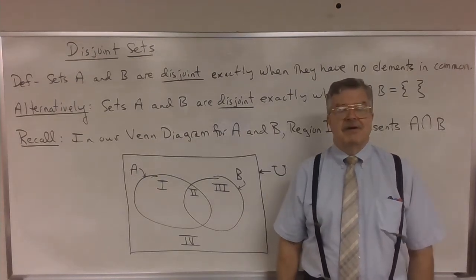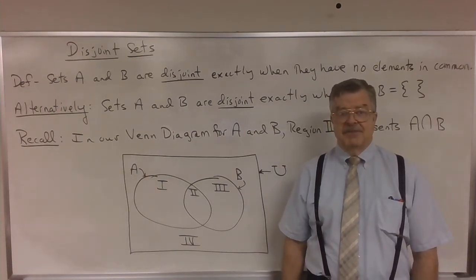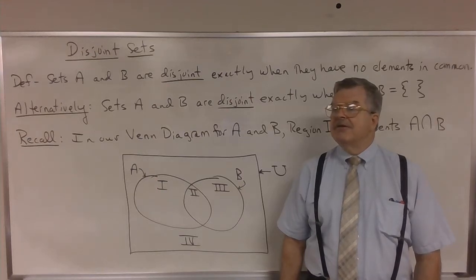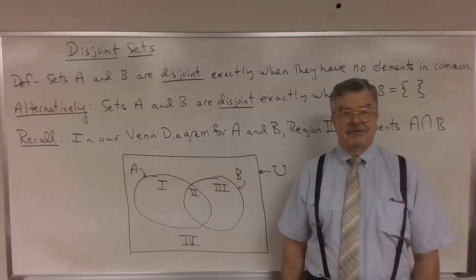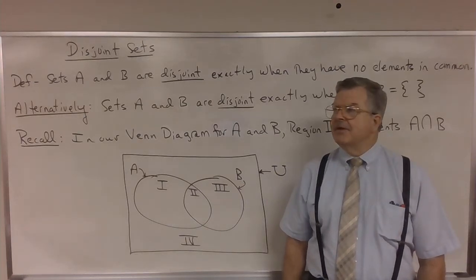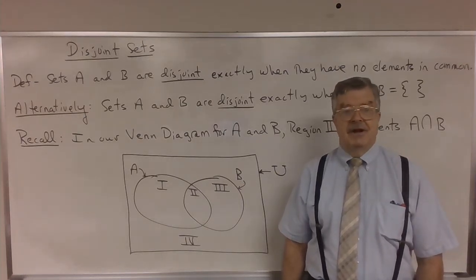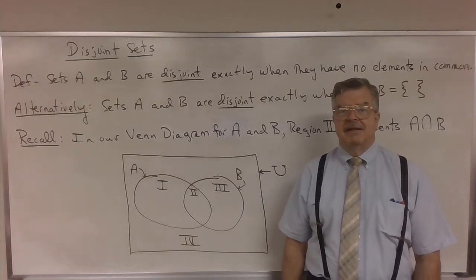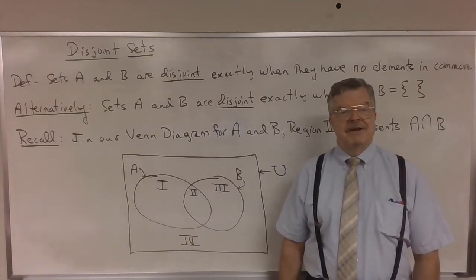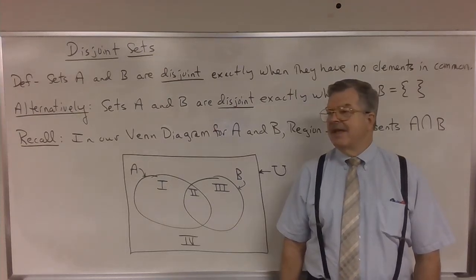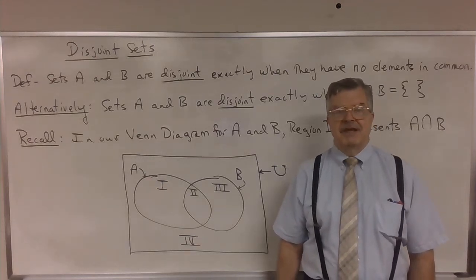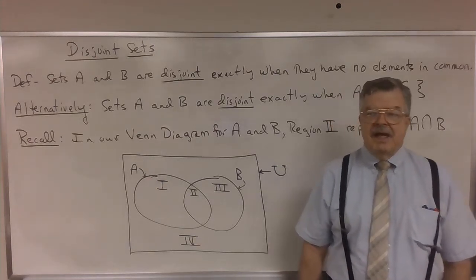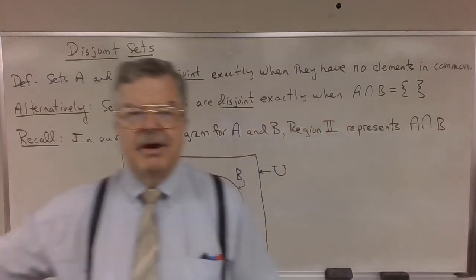Yesterday, we talked about Venn diagrams, and we drew Venn diagrams for sets A and B. We drew Venn diagrams for the complement of A, and we drew Venn diagrams for A union B, and we drew Venn diagrams for the intersection of sets A and B. And now we're going to talk about